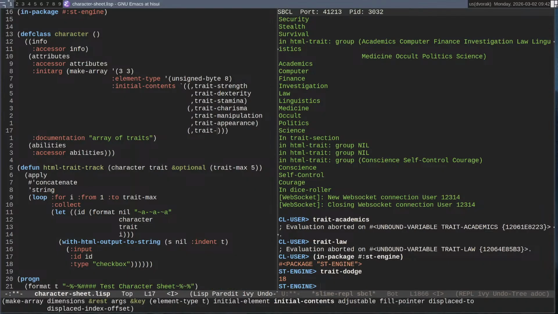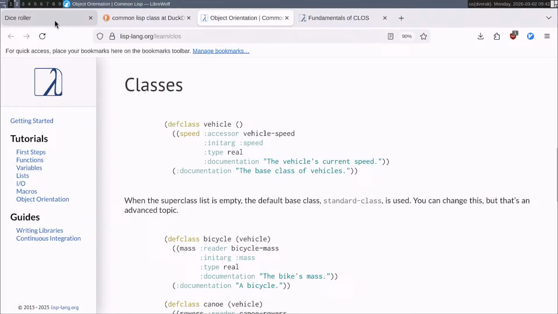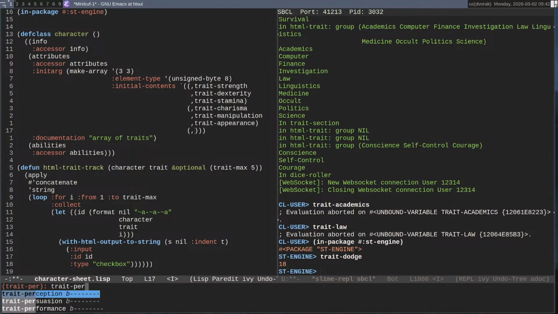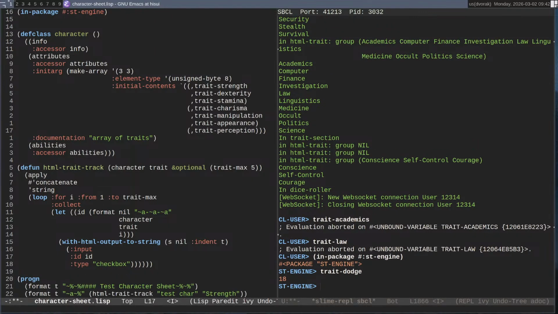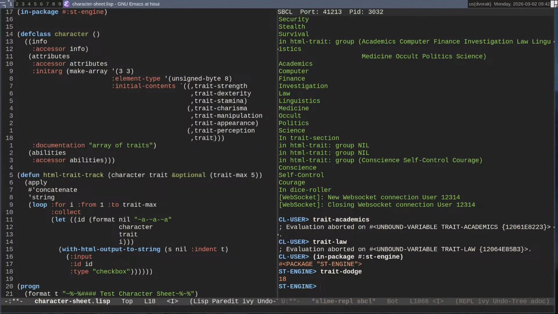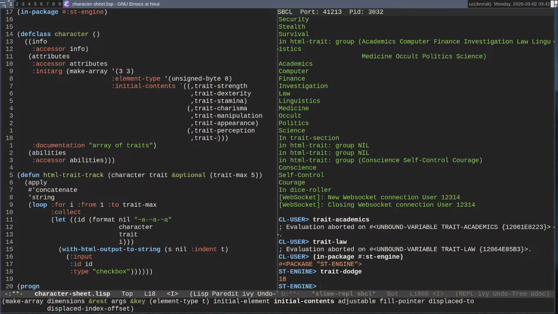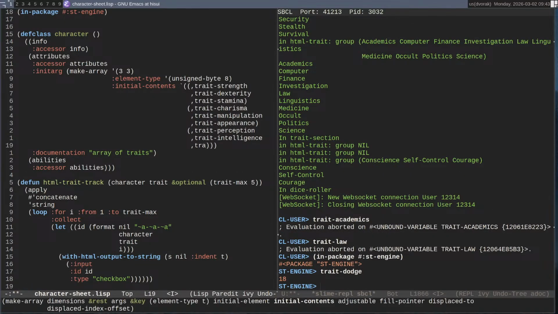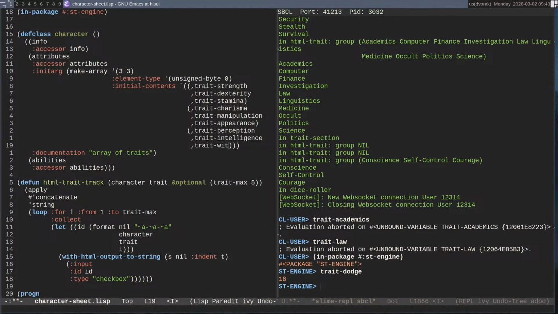Trait perception. Yep, perception. Trait, it was intelligence, I think. Intelligence. And trait wits. And so that's going to create the correct array that we want.